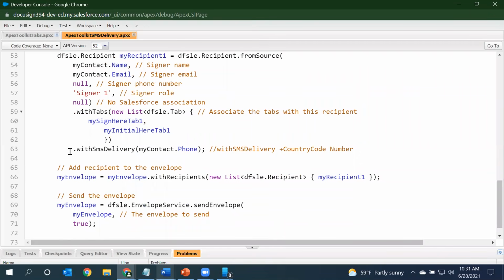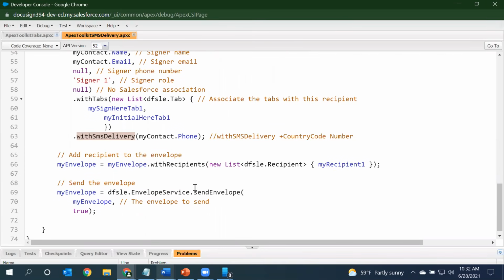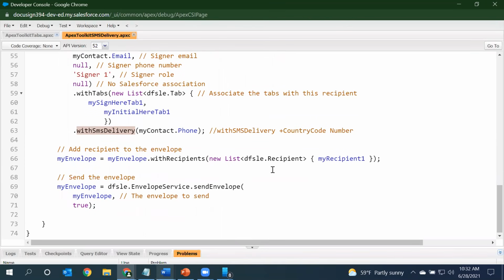This is the new method where, after creating a recipient, you can specify with SMS delivery and provide a phone. So once this envelope is sent, the recipient will not only get an email notification, but they will also receive an SMS on their phone. The with SMS delivery method makes sure that the recipient is tied to SMS delivery as well. And finally, we associate our recipient to our envelope and then send the envelope.